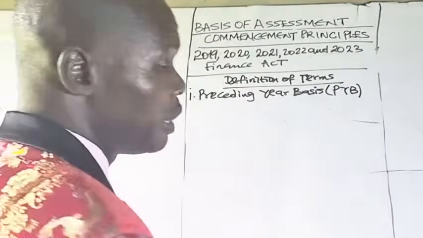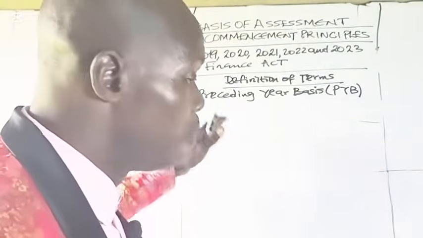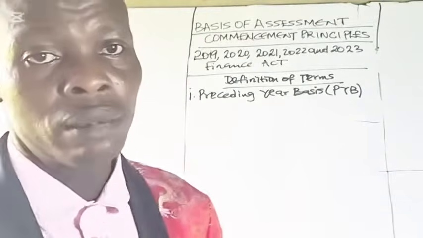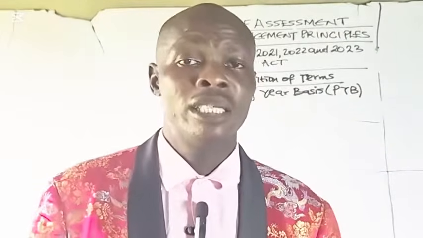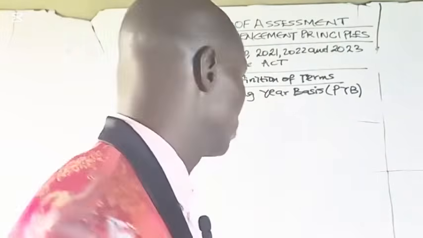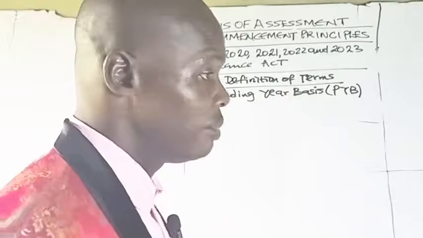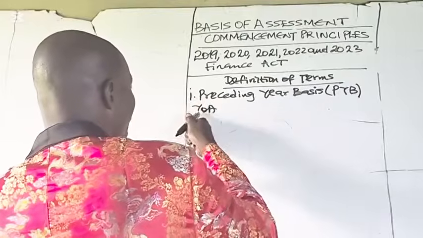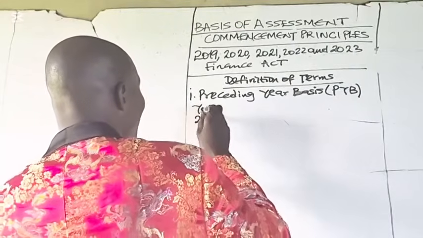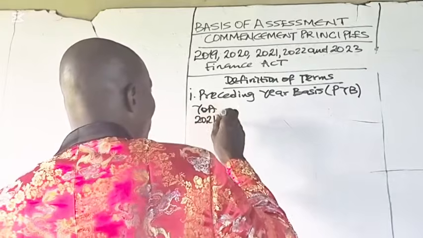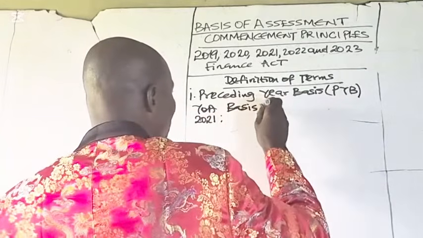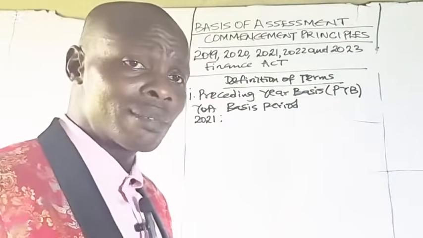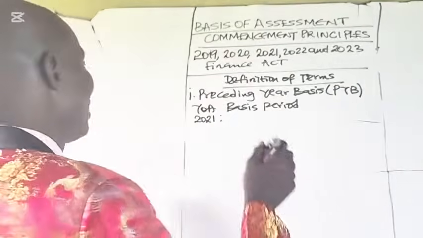PYB. Preceding year basis. This is the basis period that ended before the year of assessment. The basis period which ended before the year of assessment in question is said to be preceding year basis. So in line with preceding year, if the year of assessment is 2021, provided the year end of the business is December 31st,